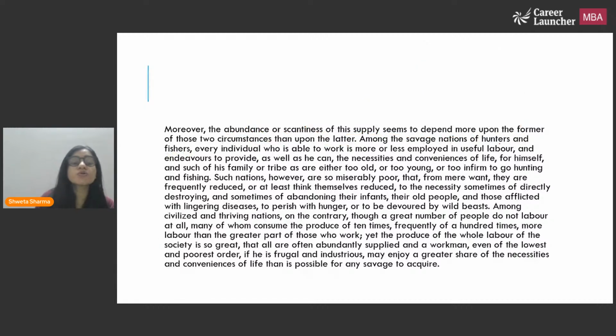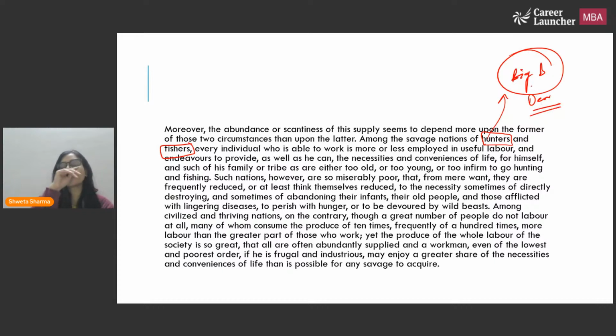By hunters and fishers, we do not mean the profession of hunting and fishing. What we refer to here is that hunters and fishers are the people who are like the big bees, the big countries, the big developed nations who are not even trying to work. For example, if we talk about South Korea, if we talk about UAE, where people don't want to work really, really hard. They want to do everything on the basis of the arms they use. It could be arms, it could be terrorism, for example. So savage nation. Okay, of hunters and gatherers,